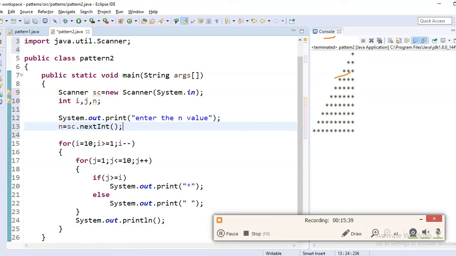Instead of 10 we make just one modification here. Instead of 10, we can write the n variable. Why? Because that value will be stored in the n variable.